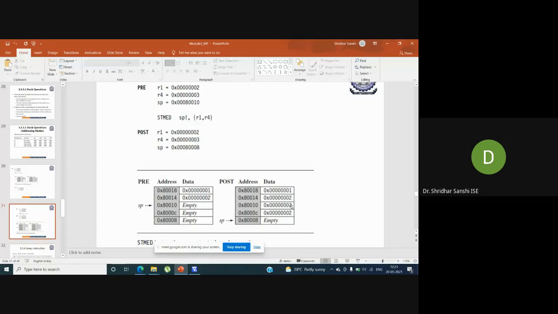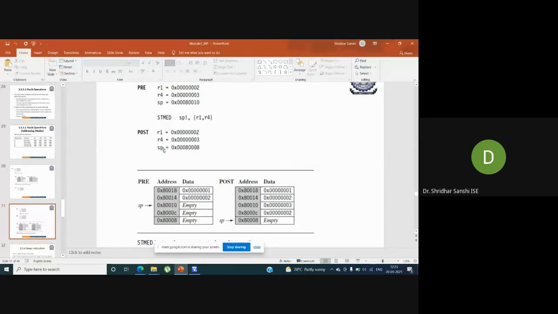So you can see that this is the stack. And the next address, we are putting the value of R1 in this particular memory location. Then you can see that the next address pointed to by the stack pointer will be the next empty location, that is 8008.